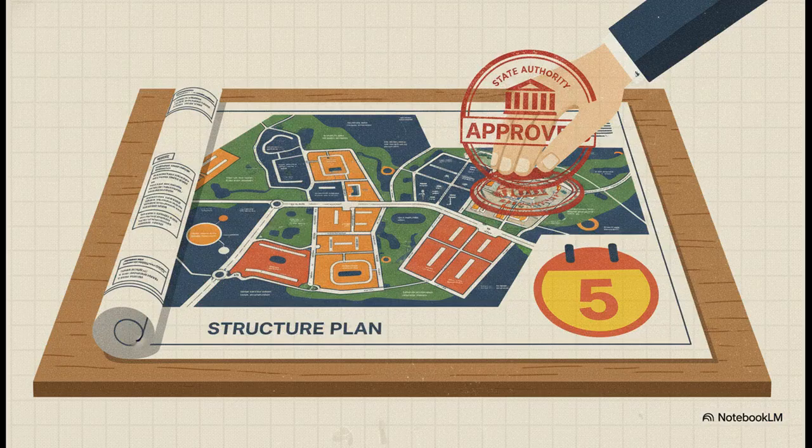And here's a final surprise fact you can weave into your answer. State control isn't just about money and hiring. It's also about land. Under the Town and Country Planning Act of 1976, local authorities are legally mandated to prepare a structure plan showing land use every 5 years. And yep, you guessed it, this major plan requires the explicit approval of the state authority before it can actually